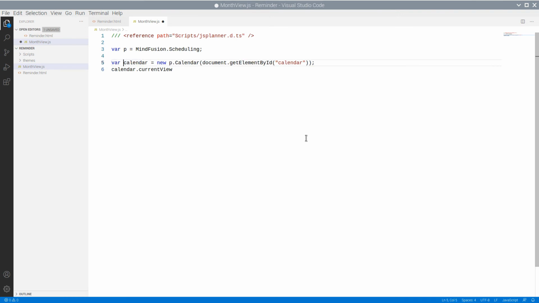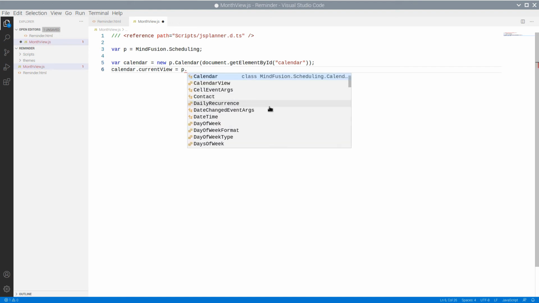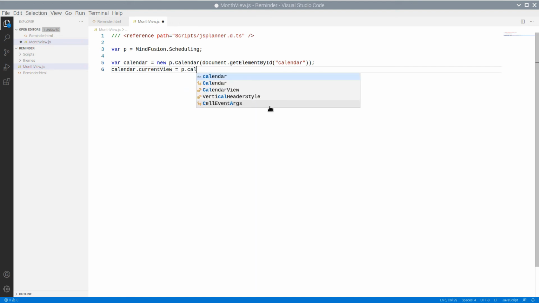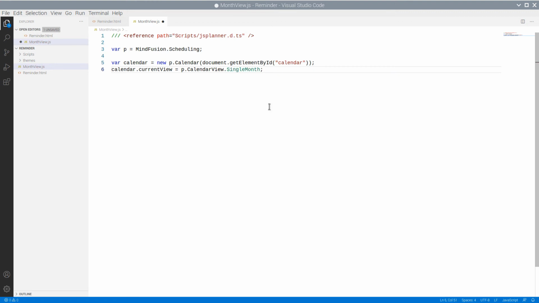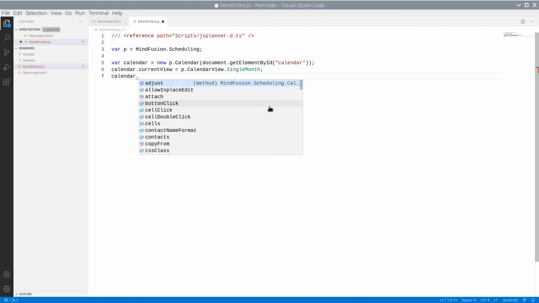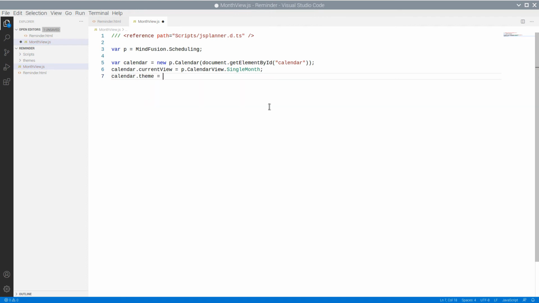Then we set the current view to be single month and the theme to be Earth. The name of the theme must be the same as the name of the CSS file that contains it.